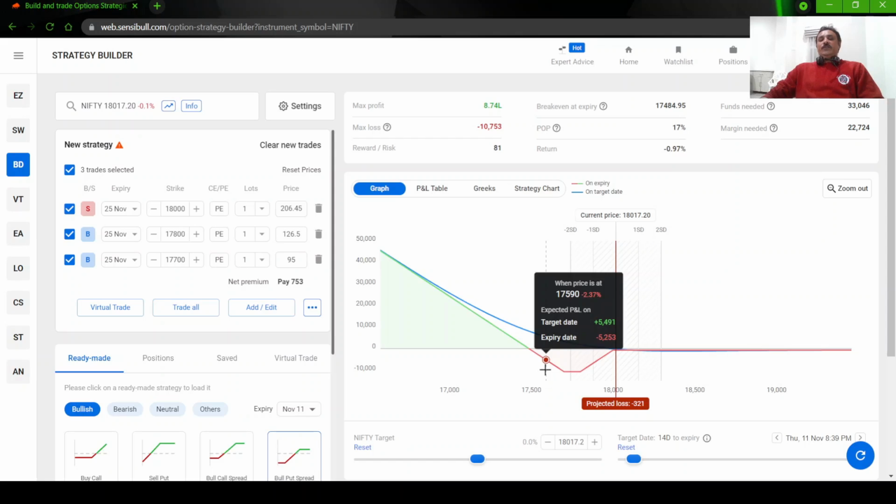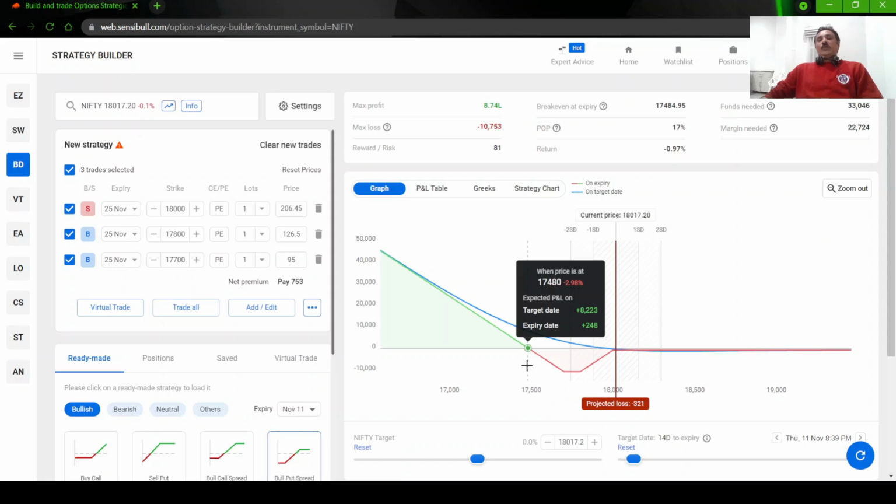Once that point is crossed and the market starts going down further, before the expiry, always this strategy will be in profit. So when the market goes down, we don't have to worry about whether we get the profit at expiry or not. Nothing like that. Whenever you are feeling comfortable, this money is enough. You can basically book the profits and come out. Just close the trade and come out.